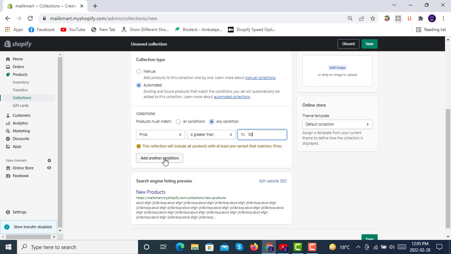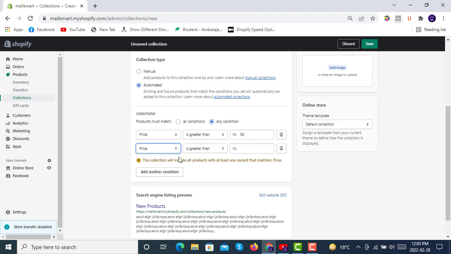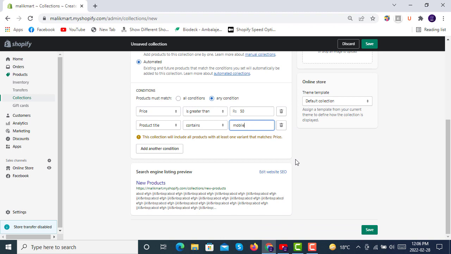You can also make a condition like if the product title contains the word mobile. After doing this, we will see how it will look, and at the end you have an option of